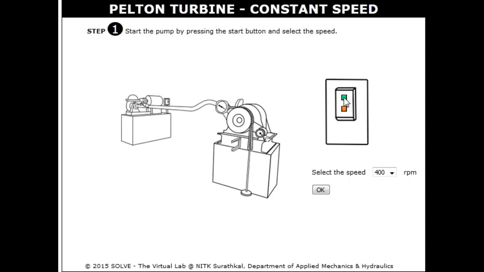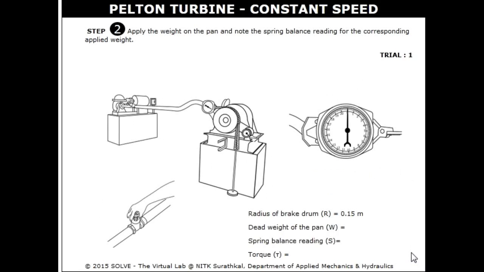To start with, the first option is to press the start button. Because this is a constant speed experiment, we will fix the RPM to say 600 RPM. Start. Now we have to open the tap. Now the flow has started and we have applied 1.8 kg of load. The weight of the load we have applied to the brake drum dynamometer is 1.8 kgs.